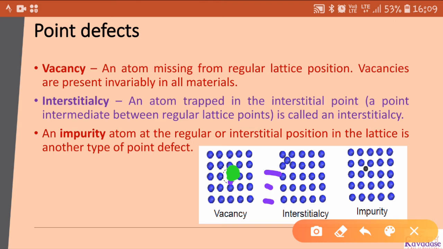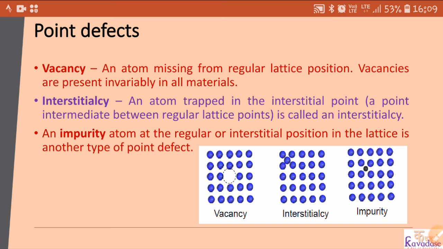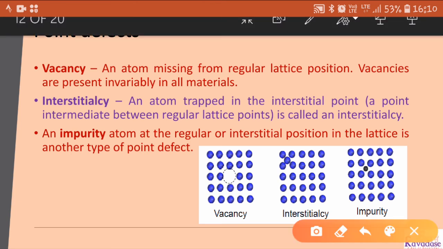Okay, so this is known as vacancy type of defect. In vacancy type of defect, you can see there is a vacant space. An additional vacant space is created here, meaning no atom is present here. By default there should be an atom, but in this defect the atom is missing. This vacancy is created, and that is vacancy type of defect.